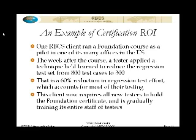So the week after the course, one of the testers went out, kind of scratching his head, going, I learned this interesting technique, equivalence partitioning, and I'm going to go through my regression tests, and I'm going to try to figure out what the